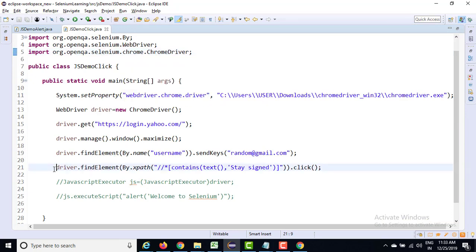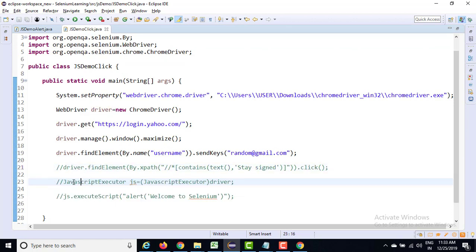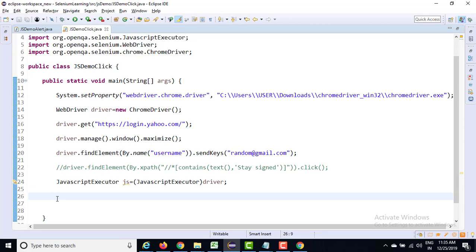So again, I will remove this piece of code, comment this, and uncomment this piece of code. I will import JavaScriptExecutor. So let's execute JavaScript click, and guys, there are two ways. I will show you one by one.